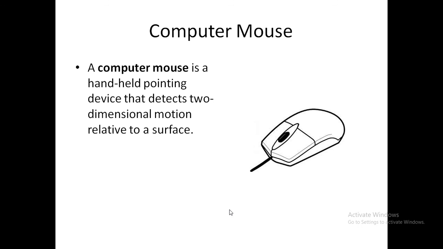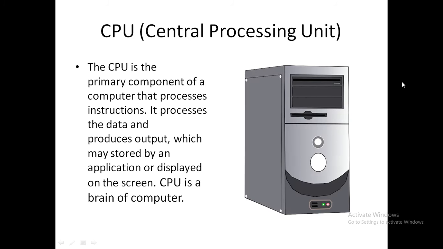Then we have a computer mouse. You can touch a mouse. Without touch, we can't work with a mouse. We need to hold the mouse in our hand to move the pointer on the screen. See, I'm moving my pointer on the screen. How am I moving my pointer on the screen? With the help of the mouse, or you can say trackpad.